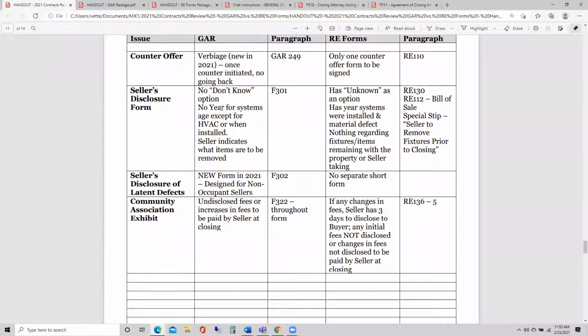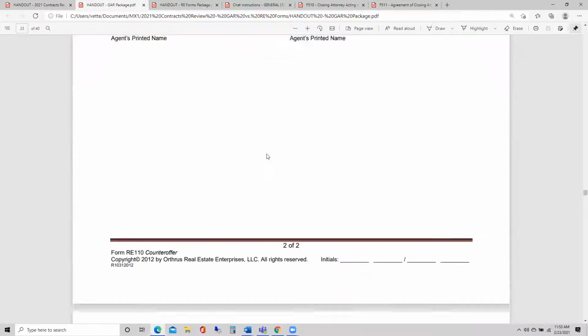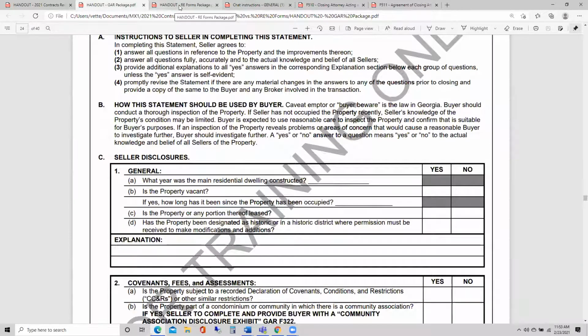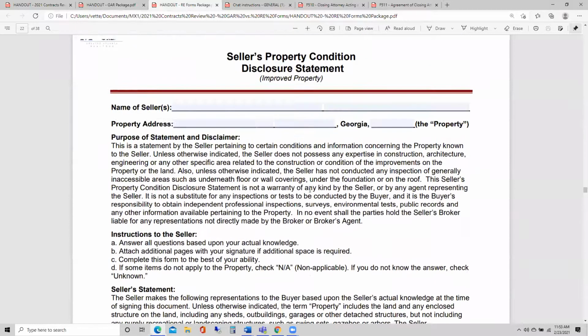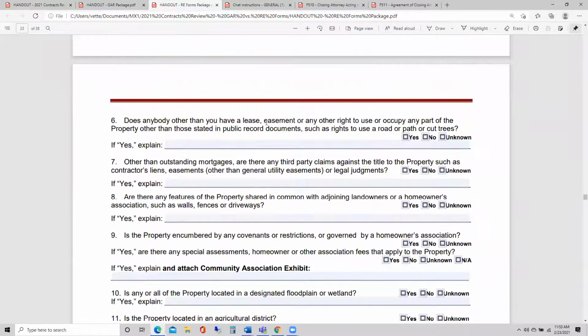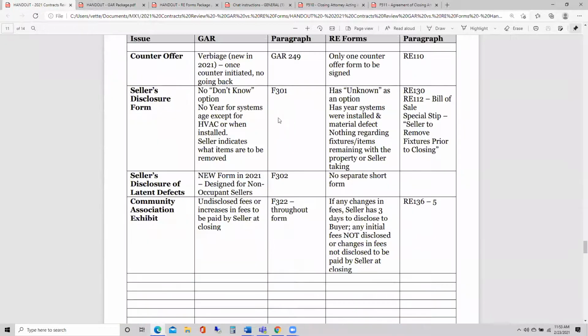Seller's disclosure form. In the GAR contract package, there is no I don't know. It's just yes or no. And in the RE forms contract package, it does have yes, no, or unknown. One of the biggest differences, however, in the